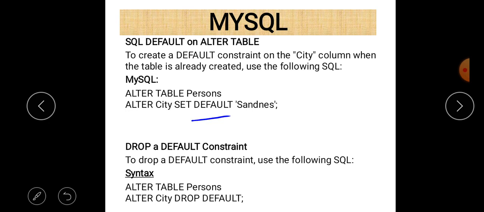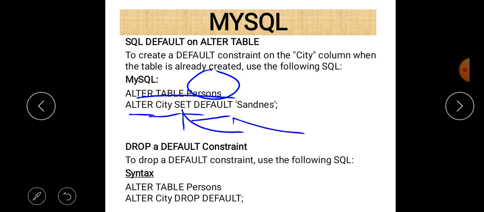So here you can easily see that. First of all, alter table, name of the table, that is person in this case, and then after alter column city, we write the set keyword, and after that default, and then give the default value, and since it is a string, we just write it in single quotation marks.